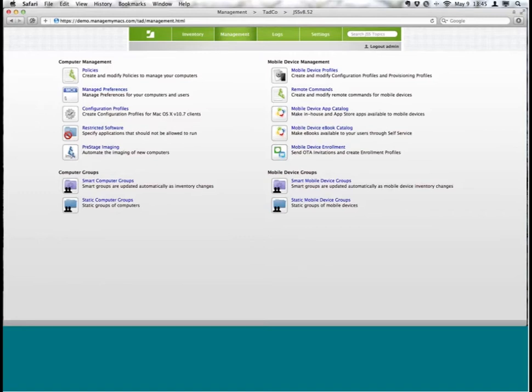So let's see. The last couple pieces I want to cover here, and then I'm going to take a quick break for some questions, are two more items that I want to look at. The first one, and I think I'll jump into this one first, is ebook distribution. Just like what we saw with distributing apps coming from the App Store,